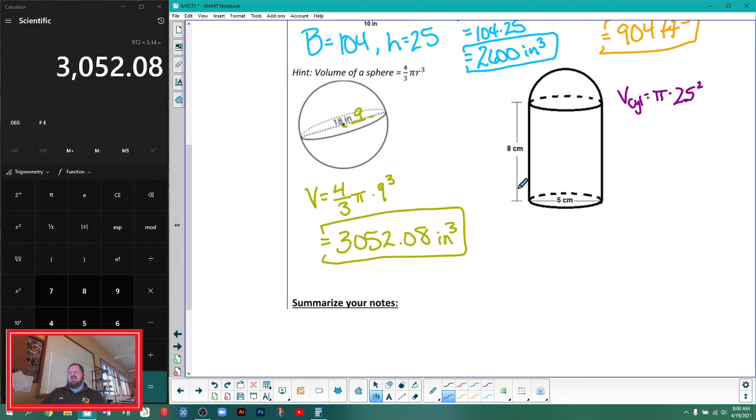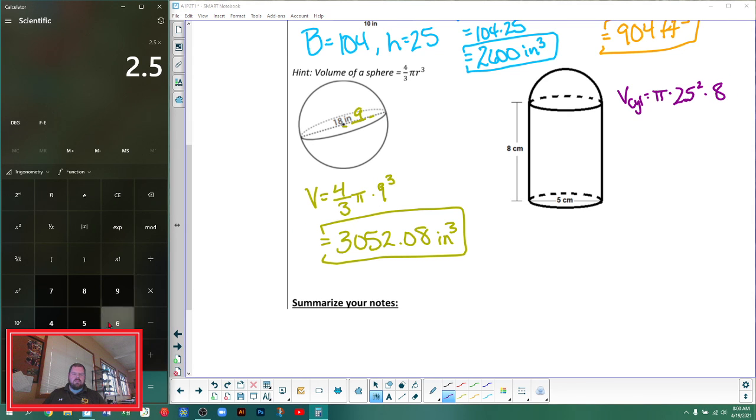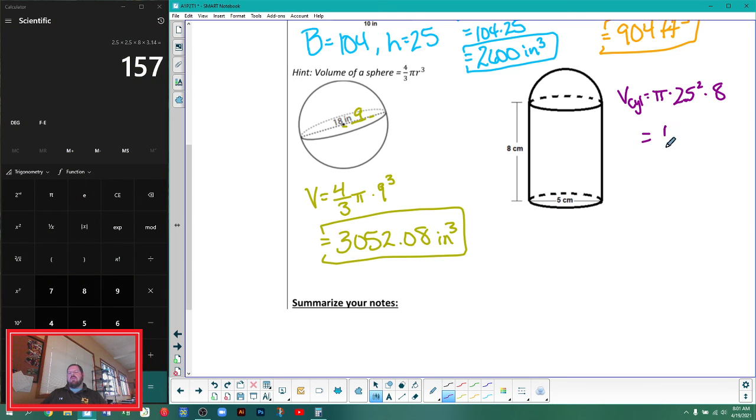And then times the height of 8. So we get a volume of 157 in just this region. And then the volume of, I'm going to say half the